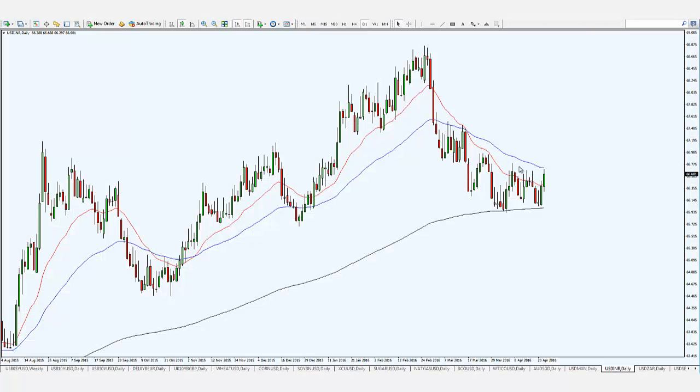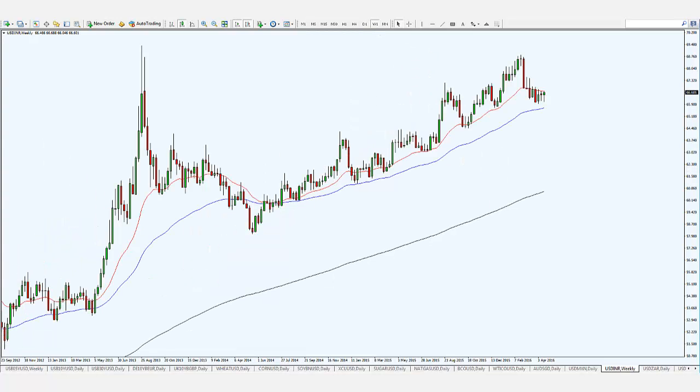So now, another market I want to walk you through is the dollar against the Indian rupee, the USD INR. Early on in my trading days, I got mixed up. I thought this is the Indonesian rupiah, but it's not. INR is the Indian rupee, so bear that in mind. So you look at a weekly time frame, USD against the INR, you see that it is in an uptrend.